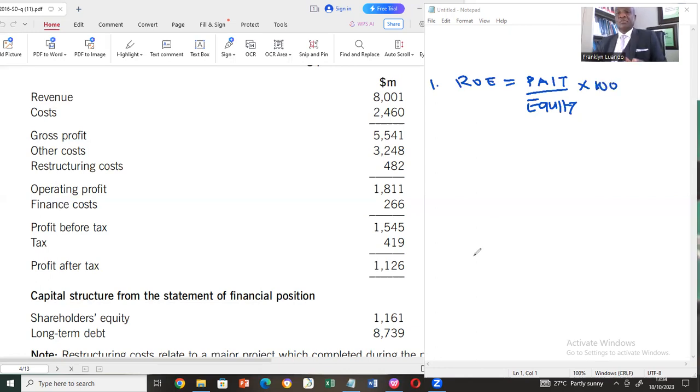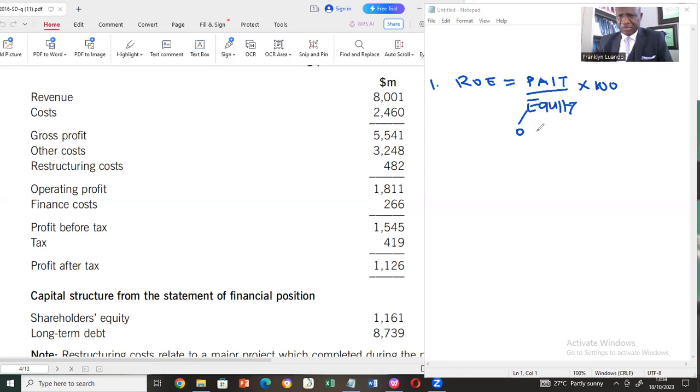So we have the profit after interest and tax and the equity. The equity is also referred to as the shareholders' funds. And the shareholders' funds, equity is a makeup of